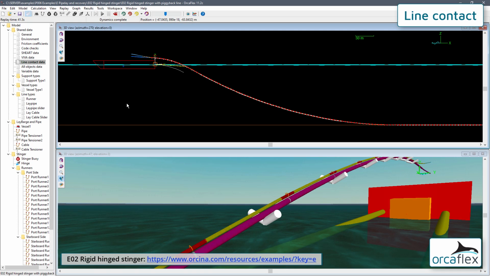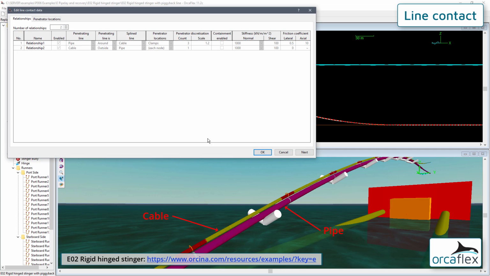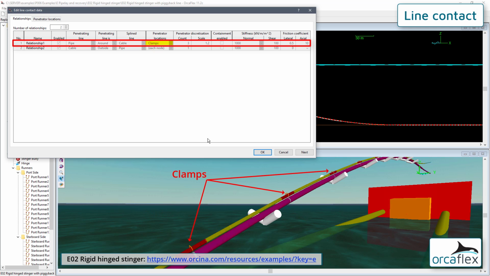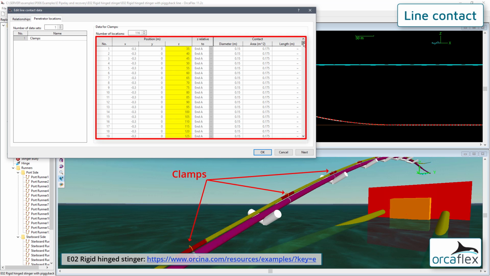The next example is a pipe lay model which has a cable piggybacked onto the pipe. Again, this has 2 line contact relationships. The first of these is the pipe around the cable, and this models discrete cable clamps spaced at 5-meter intervals, as can be seen on the penetrator locations page.